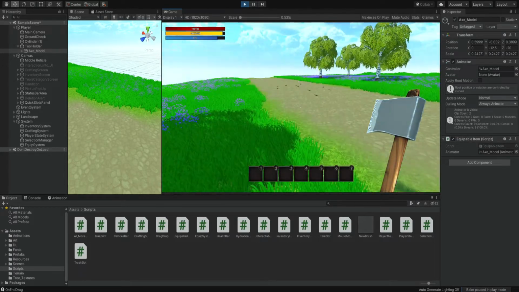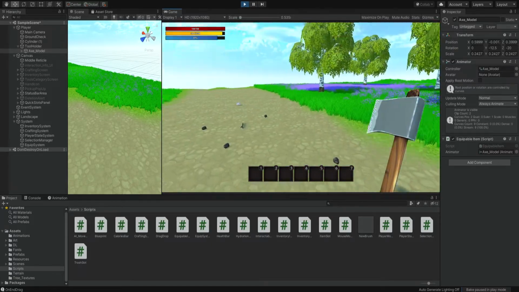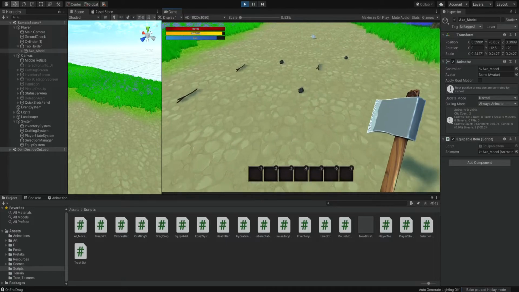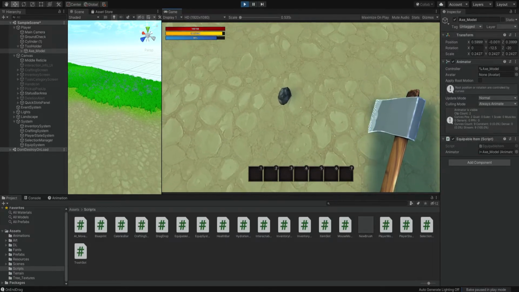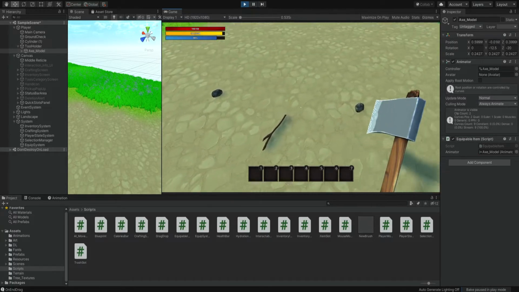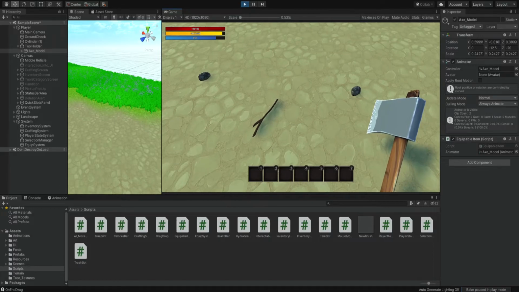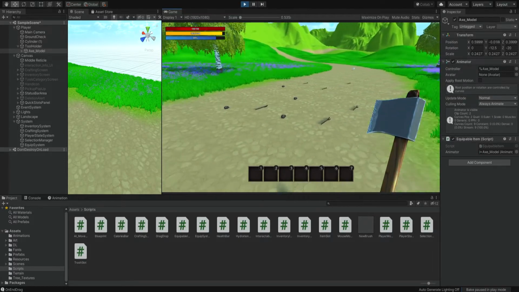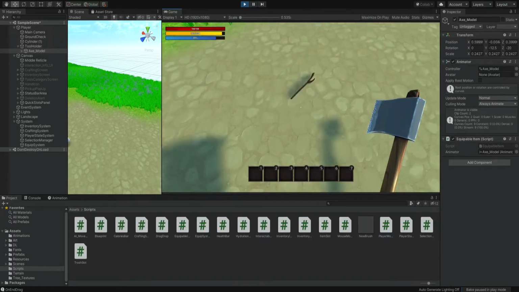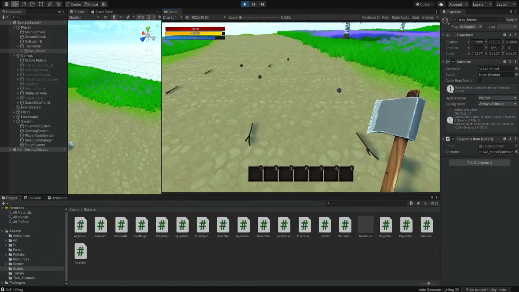So now there's a few things that we want to take care of. For example, if we have this axe inside our hand and we want to pick up an item, we're going to allow the player to pick up an item, okay? Because we have our second hand free, right? And basically, usually in these games, you can pick up items when we have the axe. You don't have to put the axe away to pick up an item.